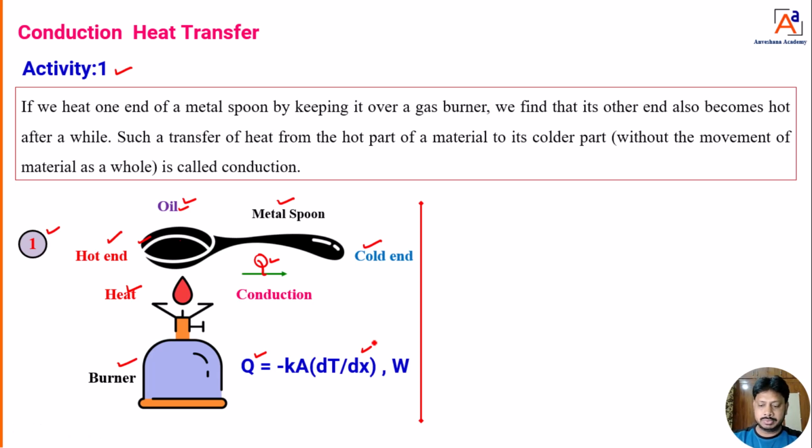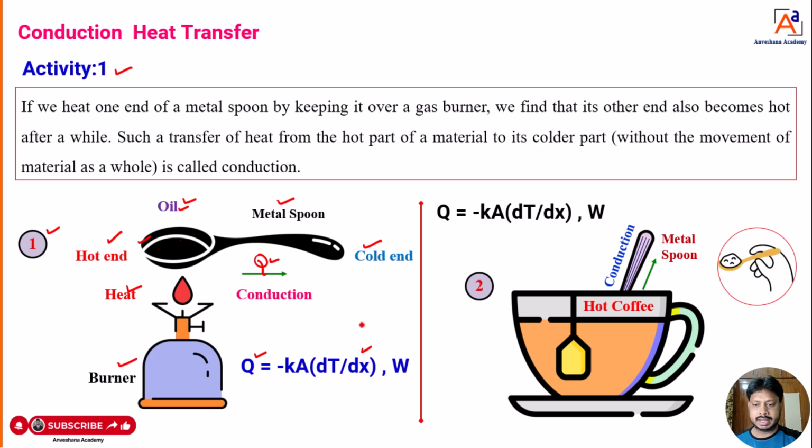Okay, fine. Now I will move towards the next example. I will take a hot coffee and put a metal spoon into it. Let us say the temperature of the hot coffee is 80 degrees Celsius. I will mark this end as point 1 and the other as point 2, with temperatures T1 and T2. When you dip a metal spoon into coffee at 80 degrees Celsius,